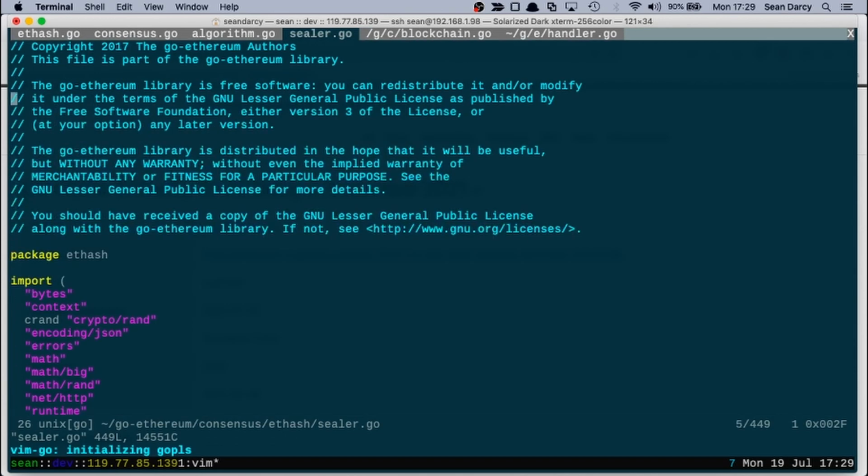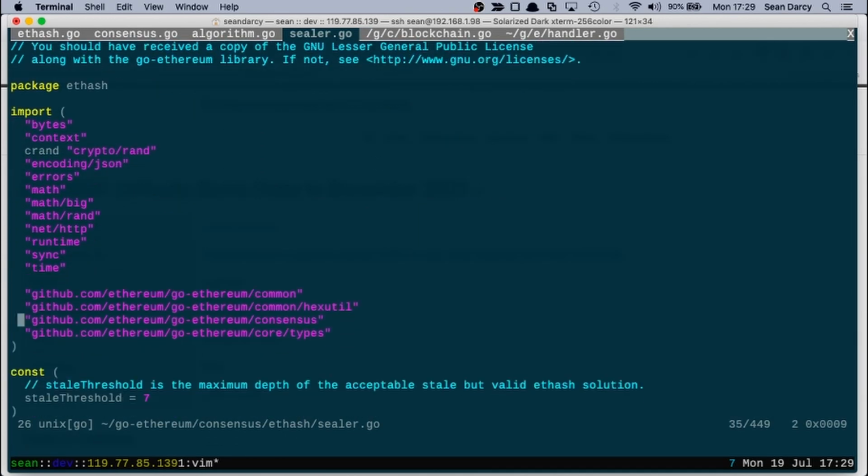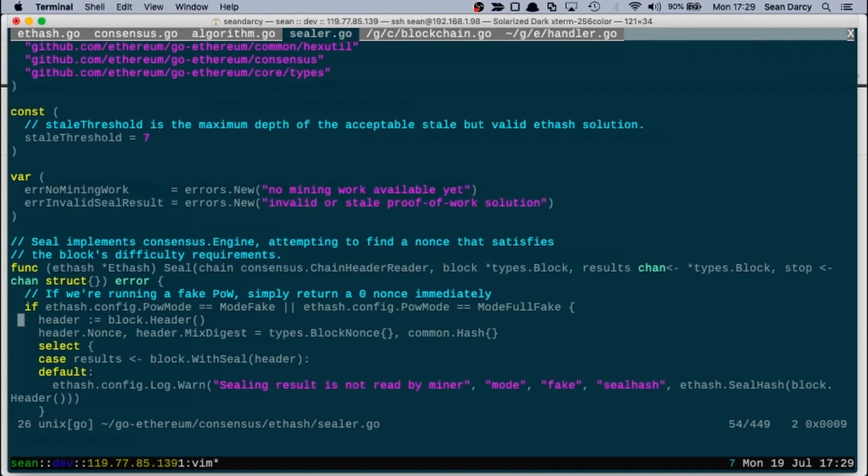And sealer. I don't really understand what sealer's doing. I guess it's like finalizing a block when you create it. Seal implements consensus.Engine. Attempts to find a nonce that satisfies the block's difficulty requirements. So you make your block when you're mining. You put in yourself as the Coinbase, and then you also put in all the transactions you want to. And then after you've done all that, you call seal,